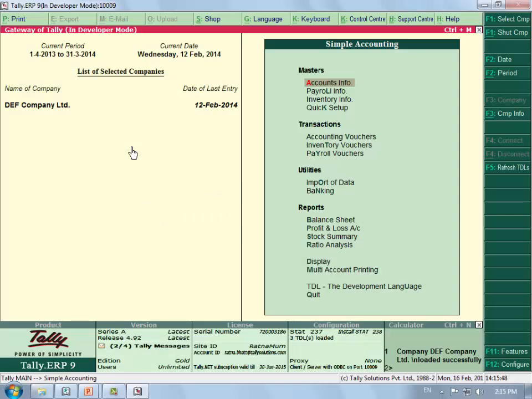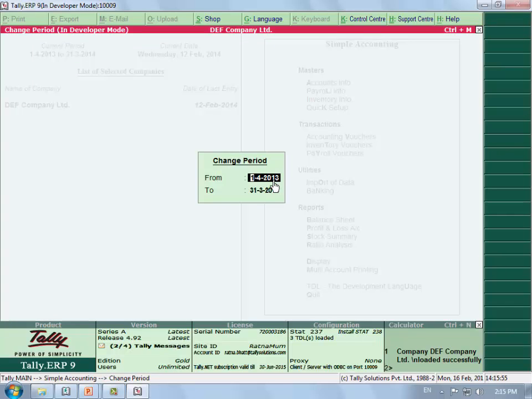So this is the tooltip feature. Let me show you this tooltip. When your cursor comes here, it gives you the field name. Else it gives you the report name. This is the field name and now this would be the report name. You see there is a report name, change period. If a cursor is placed at SV from date, if a cursor is placed at SV to date, this is MV title. So this is the field name, and if you place it elsewhere, it's a report name.